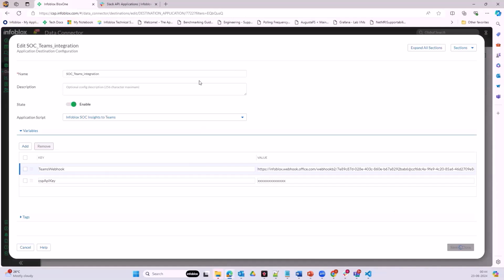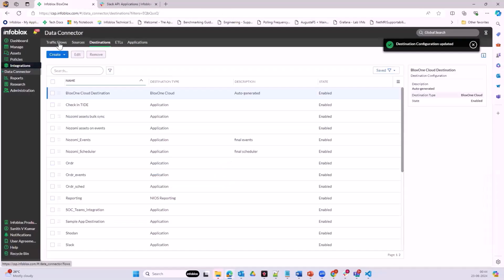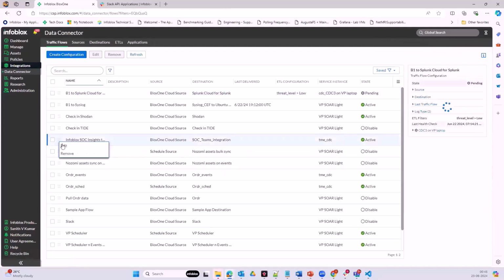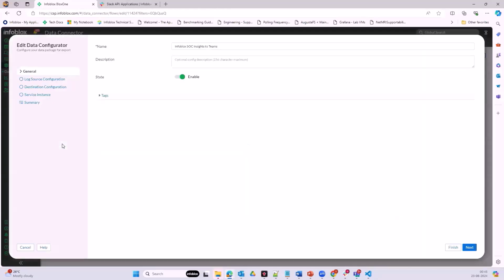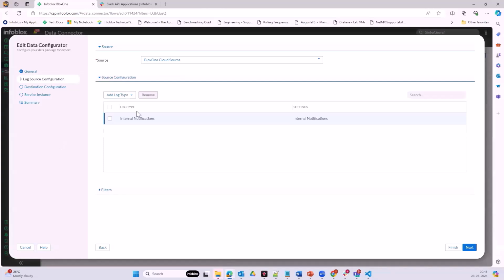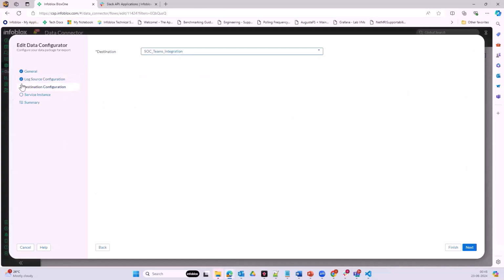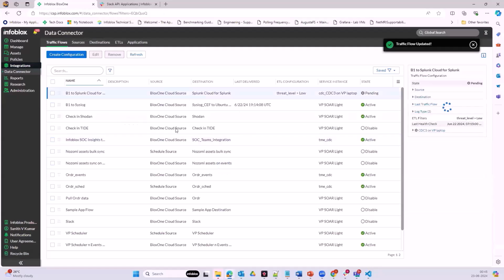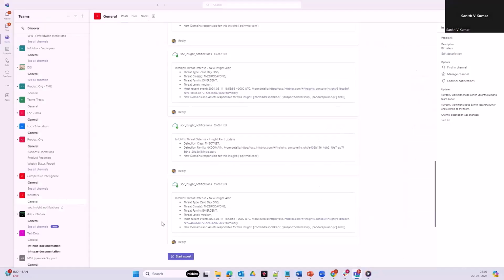Once the destination is saved, the next step is to set up the traffic flow. Here is how to do it. Create the traffic flow. Give it a unique name. Select Blox1 Cloud as the log source configuration. Choose internal notifications as the source configuration, since SOC Insights logs are included in internal notifications. Configure the destination. Use the destination we previously configured. Select the appropriate service instance. Finish the configuration. This will complete the setup and ensure that SOC Insights logs are properly routed to our Teams